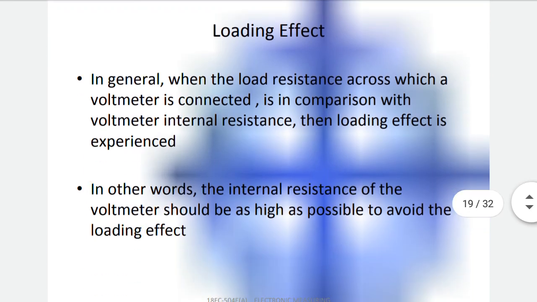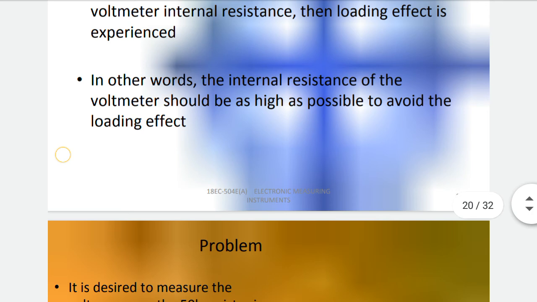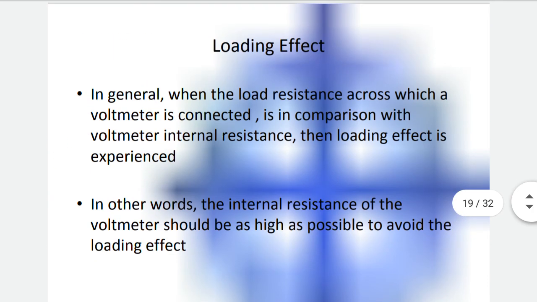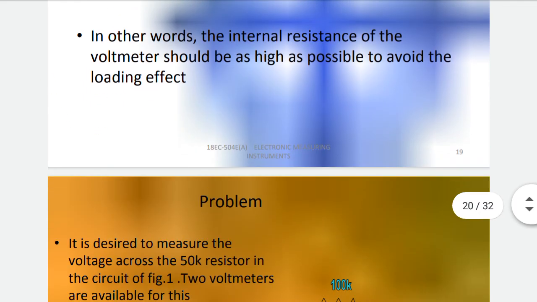In general, when the load resistance across which a voltmeter is connected is comparable with the voltmeter's internal resistance, then the loading effect is experienced. In other words, the internal resistance of the voltmeter should be as high as possible to avoid the loading effect. So to avoid the loading effect, the voltmeter internal resistance should be as high as possible. Keep in mind. Now let us see the